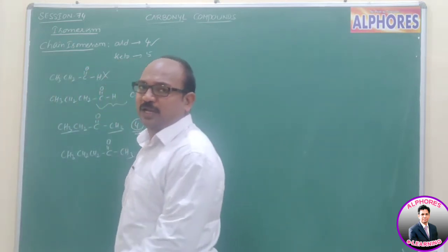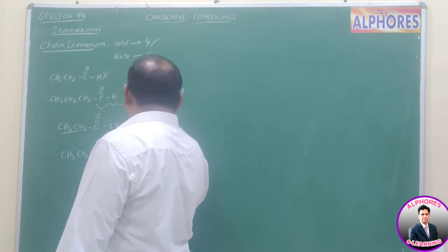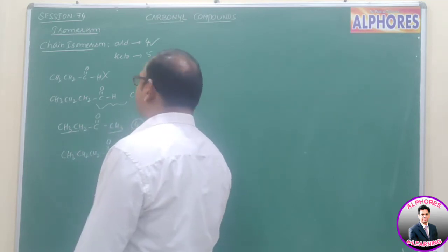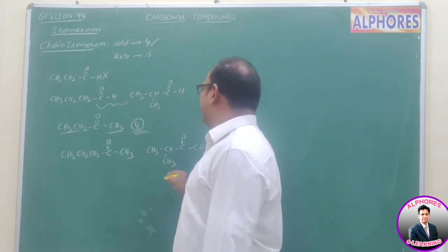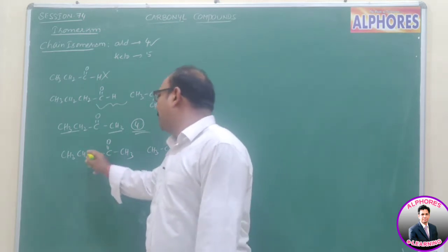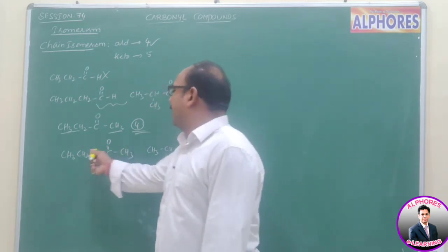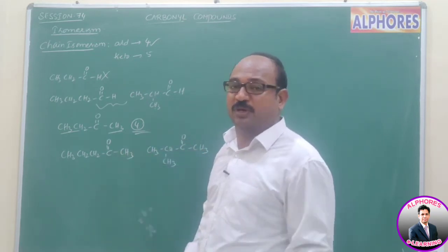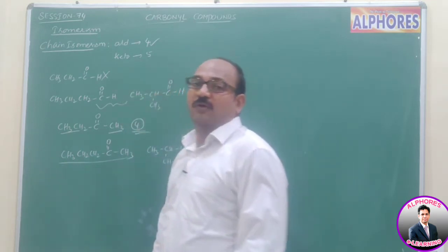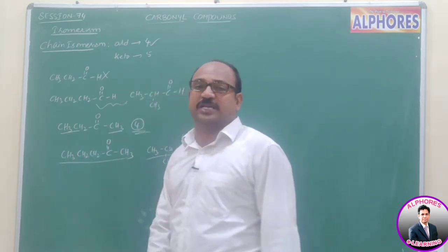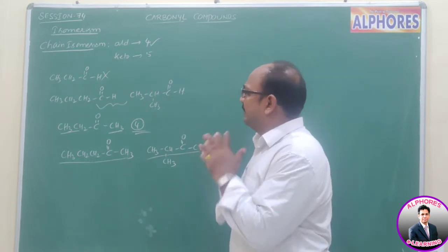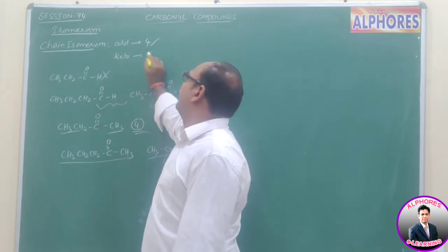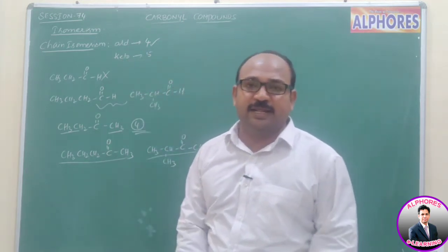This one is a 2-pentanone. Now for this one we can write a chain isomer like this. Here this one is methyl n-propyl ketone and this is methyl isopropyl ketone. These two are chain isomers. See here, this one consists of a long chain of 5 carbon atoms and this one consists of a long chain of only 4 carbon atoms. So it is very clear, in order to exhibit chain isomerism, aldehydes must and should possess 4 carbons, ketones must and should possess 5 carbons.